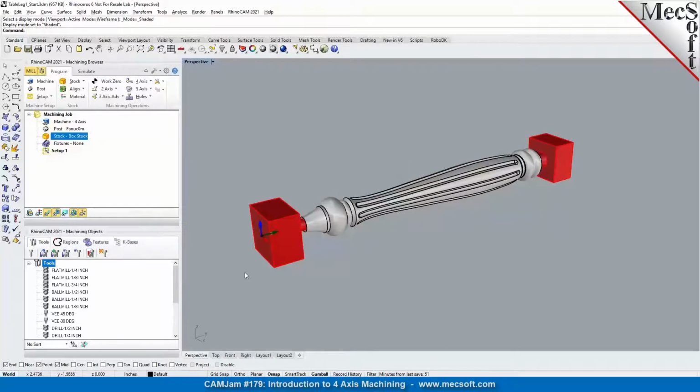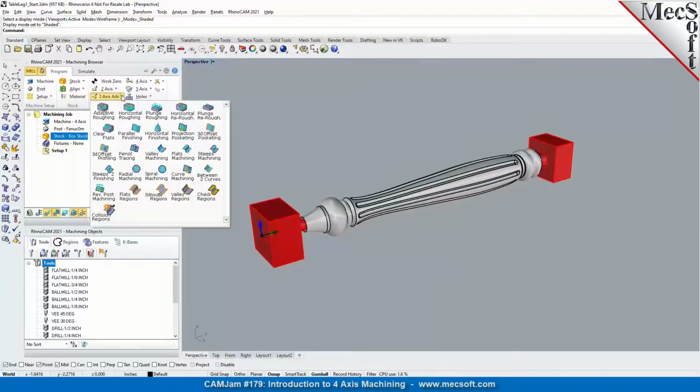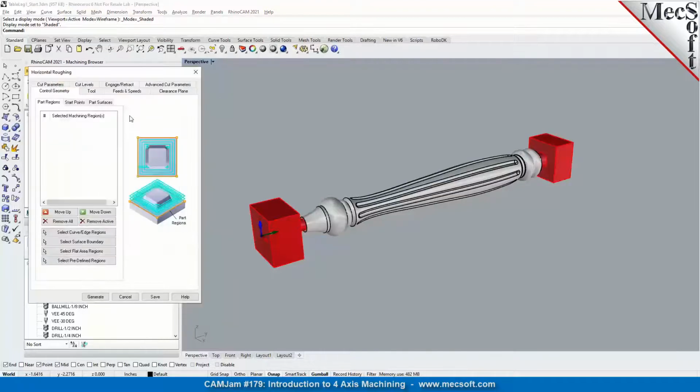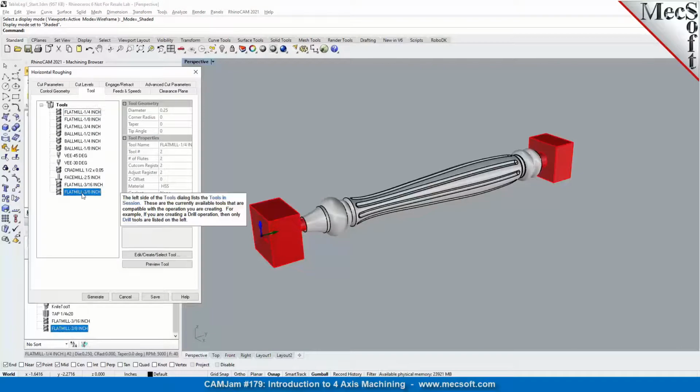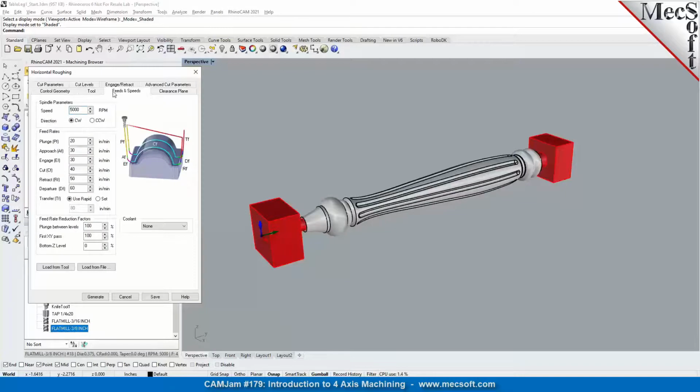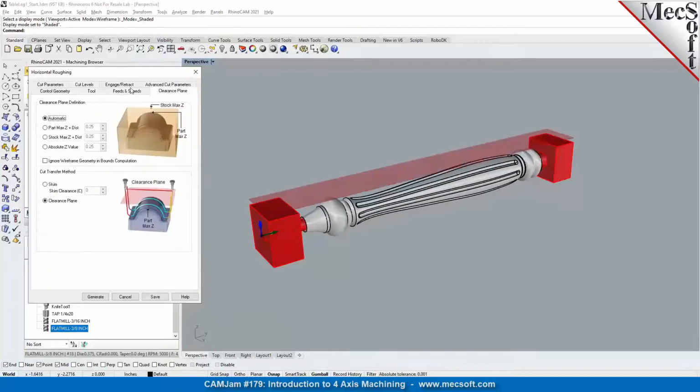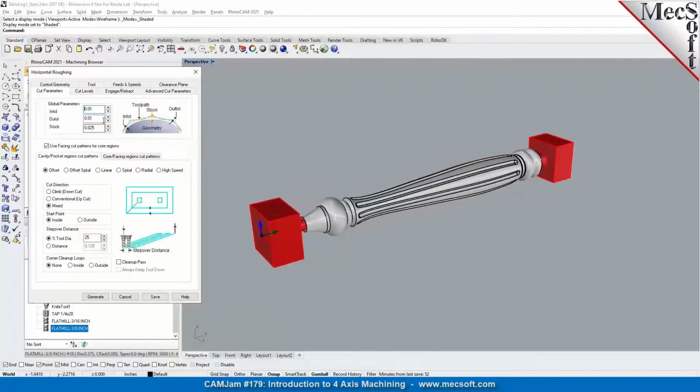The next step is basically to program our toolpath. We're going to start by using a roughing operation, using our index technique. In this case, we'll program a horizontal roughing, which most of you are familiar with programming in a 3-axis setup. So we'll use 3-axis horizontal roughing. I'll go ahead and specify a tool for this. We'll use a 3/8 inch end mill for the roughing process. Set the feeds and speeds, set the clearance, specify the cutting parameters, very similar to how you program on a